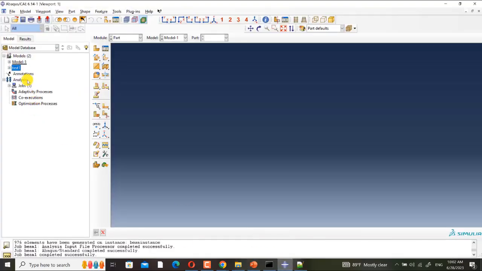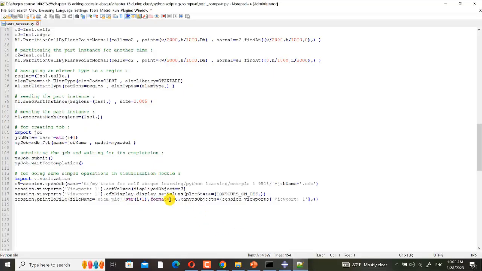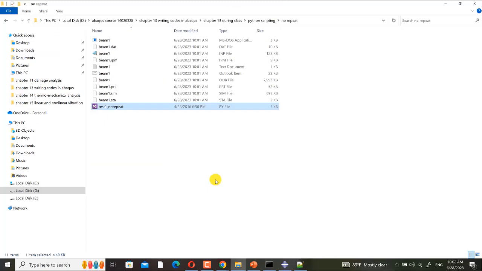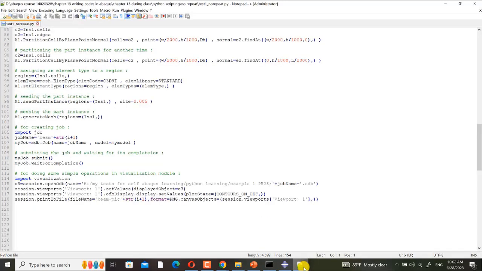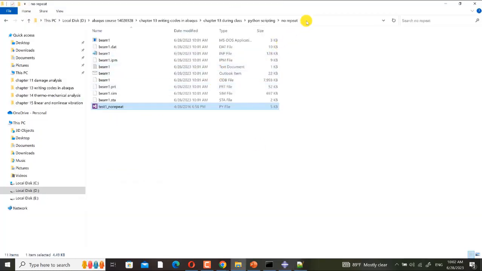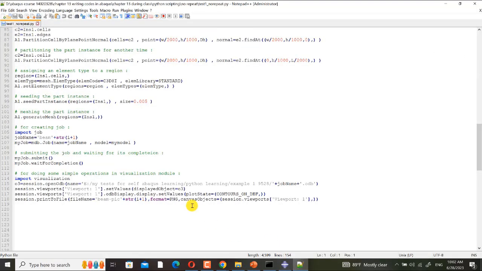Here, I must change this directory. I must use this directory. Control C and Control V. Why are the slashes like this?